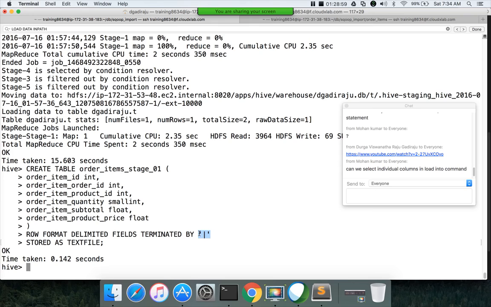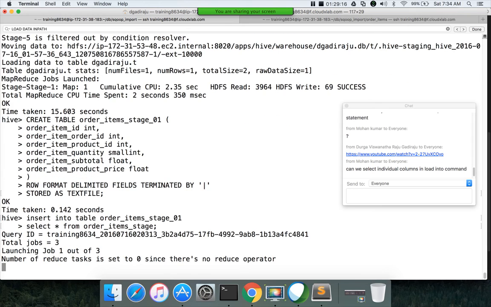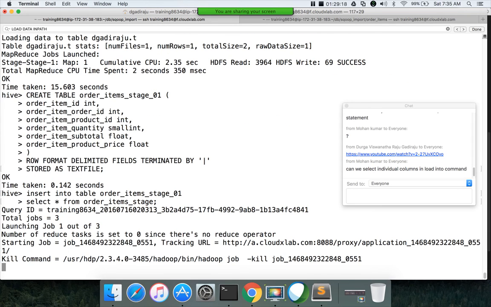Okay. Now everything is the same, right? So now I am trying to insert into this table. Select star from order items stage and hit enter. See, it is running MapReduce because it does not know whether you are trying to do any transformation or not.